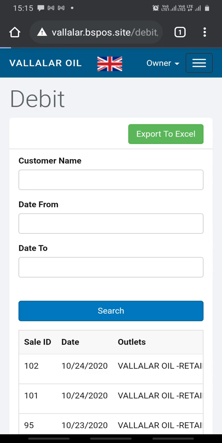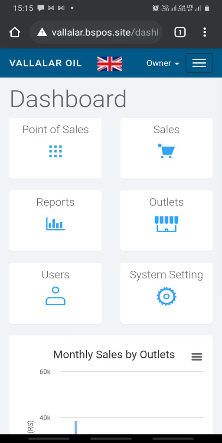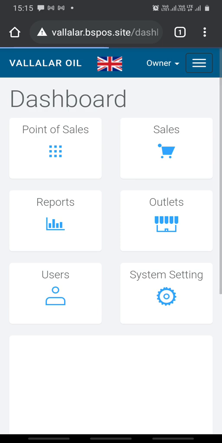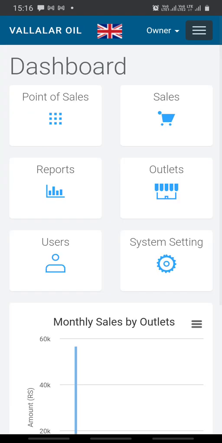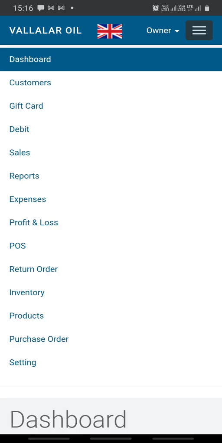Whatever debit card sales are done will be seen here. And for expenses, you can add a particular store's expenses, and you can see the profit and loss reports and profit and loss accounts. For return orders, you can create returns and return orders.